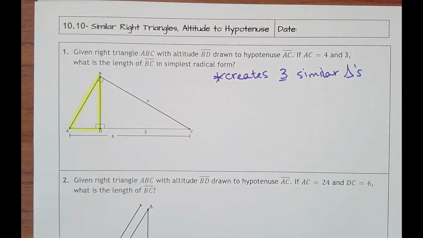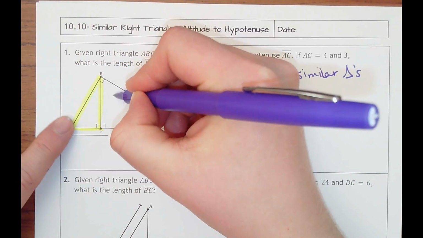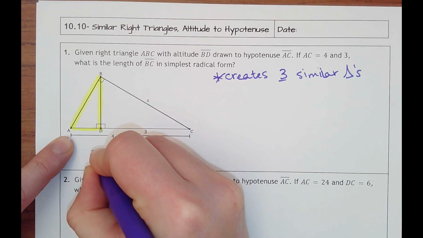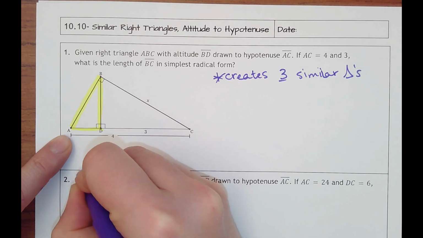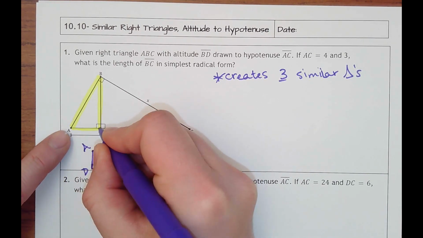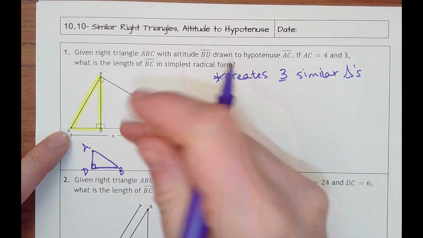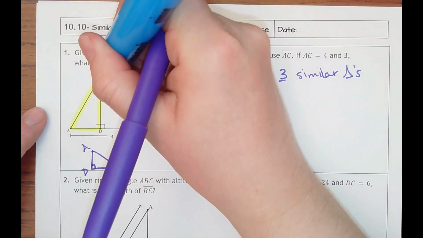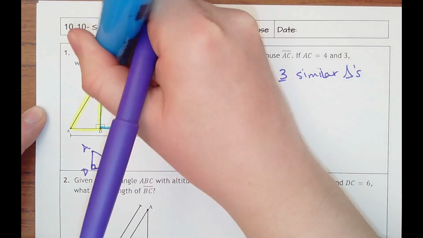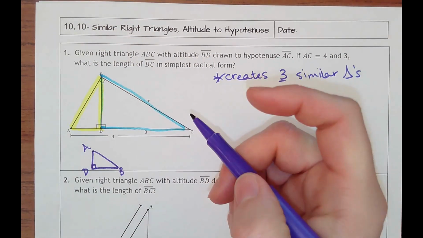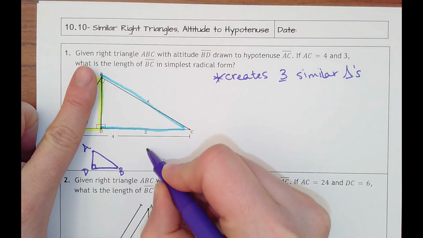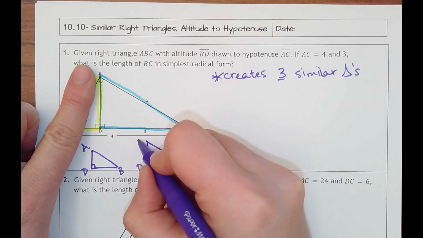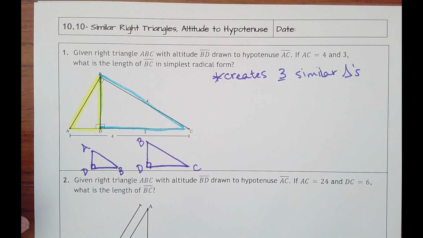So you see this little triangle here? I'm going to turn this so that my right angle D is down at the bottom like this. So let's call this D. This would be up to A because that's the short leg, and then this would be point B. Okay, so hopefully you can visualize that getting spun. And then I'm going to take this medium triangle, and it's already in that same orientation where D is down here at the bottom. So we have a small triangle, medium triangle. This would be D, B, C,